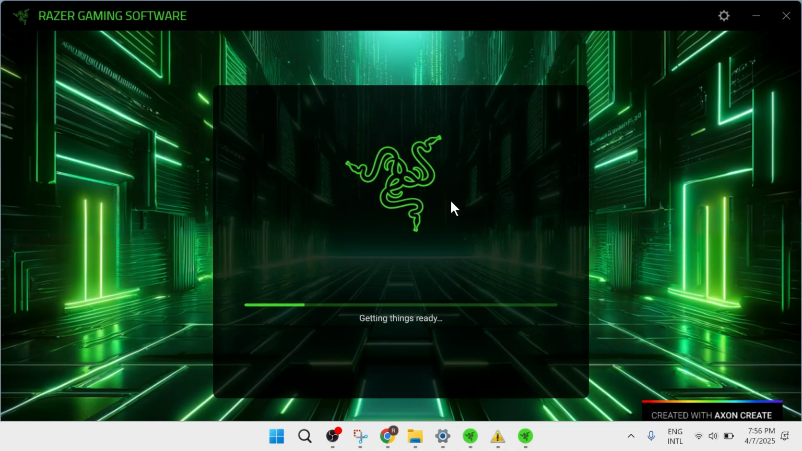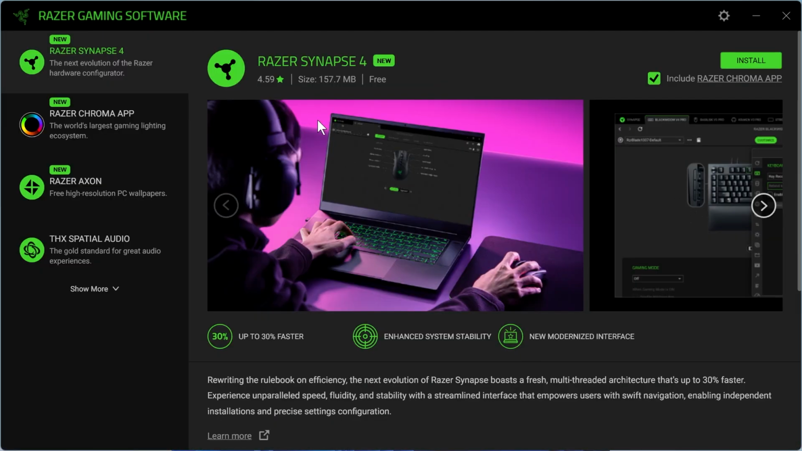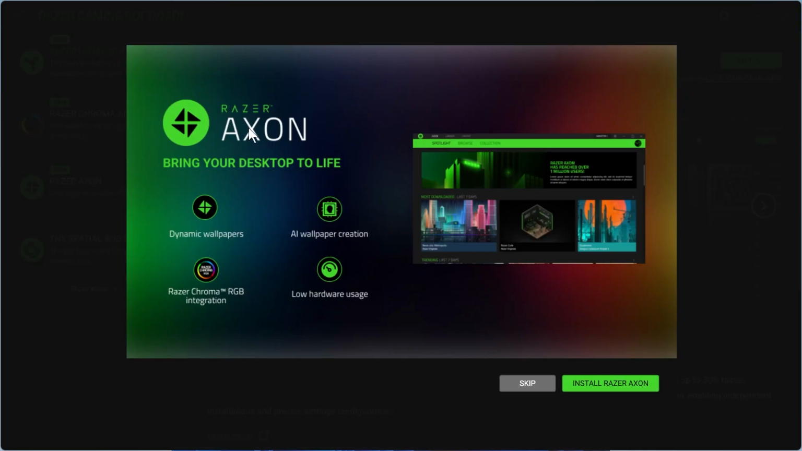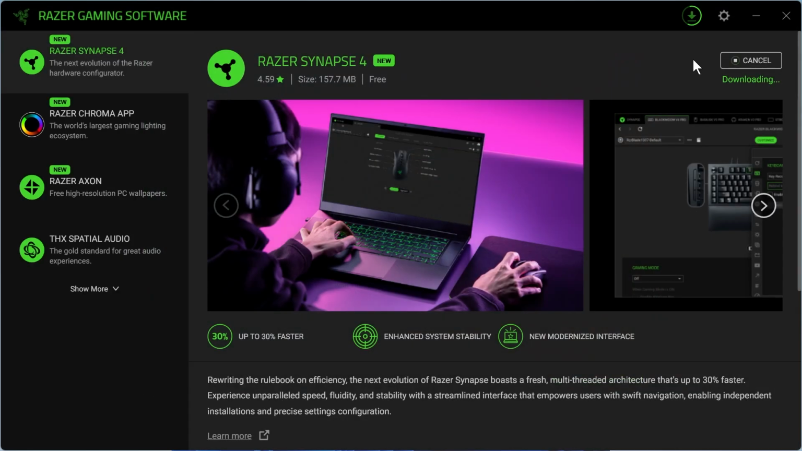So what we can do now is just go through the steps on the screen to start installing this to our computer. Click on continue, and in the left hand side make sure Razer Synapse is selected and then press install. Now click on the install button once again. You could decide whether you want to install the Razer Axon as well. I'm just going to press skip